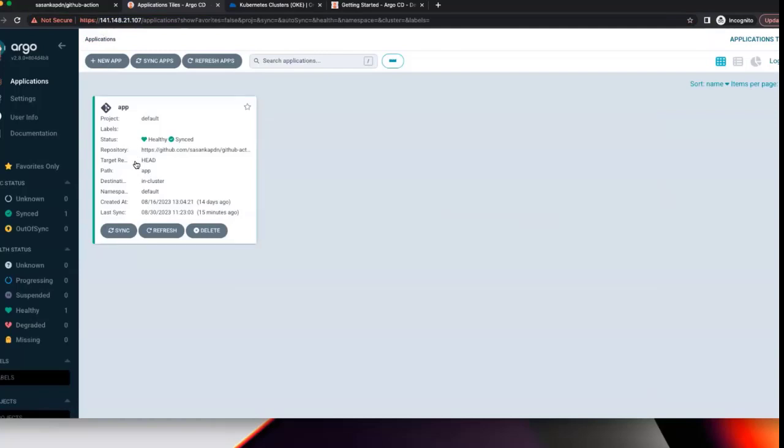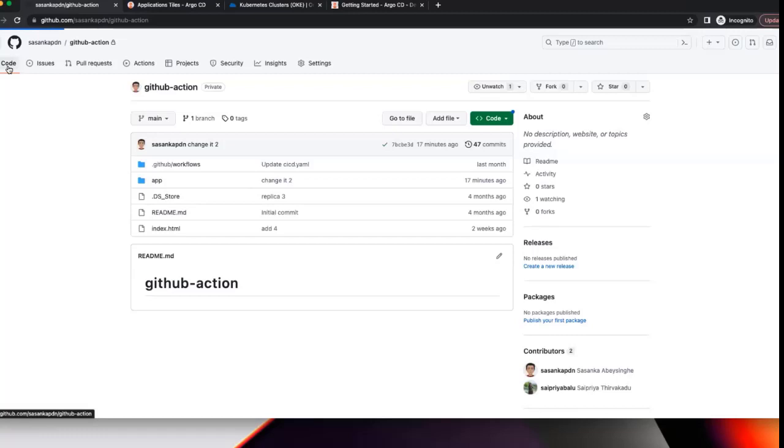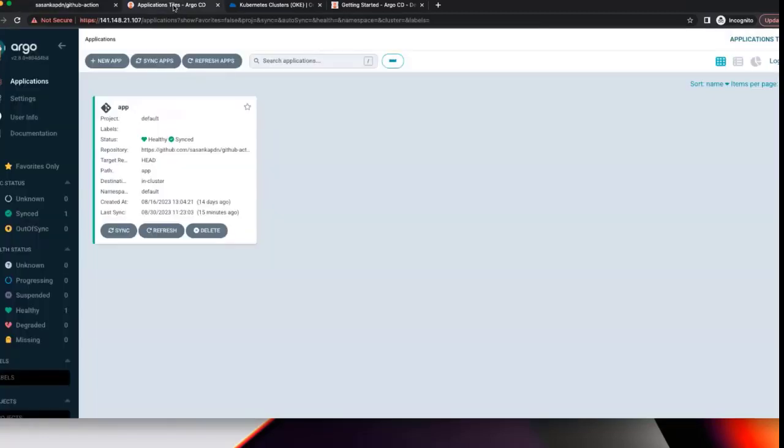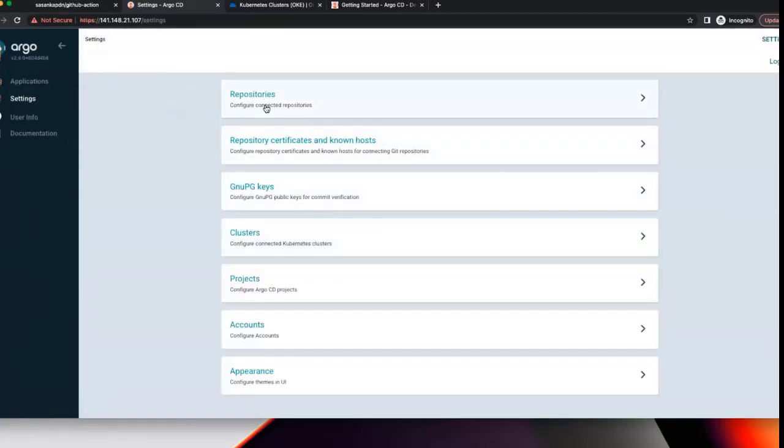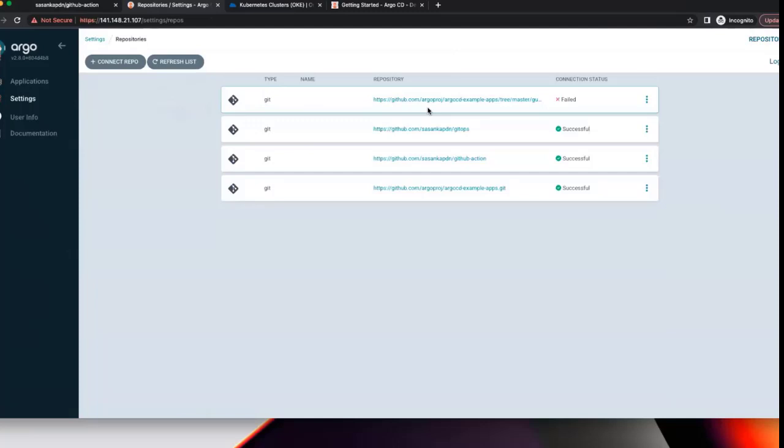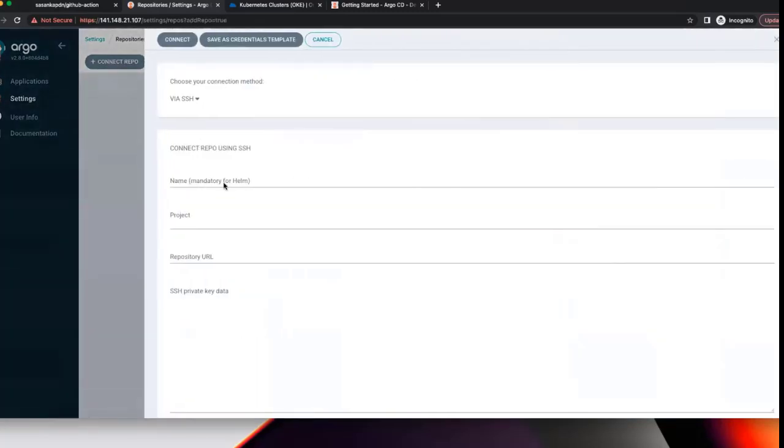And here I have the application set up, because for the code itself I have a clone command. First of all, you need to go to the settings, and under repositories, I need to add this repository. Connect to the repo, either via SSH or HTTP, or directly via GitHub or Google Cloud.